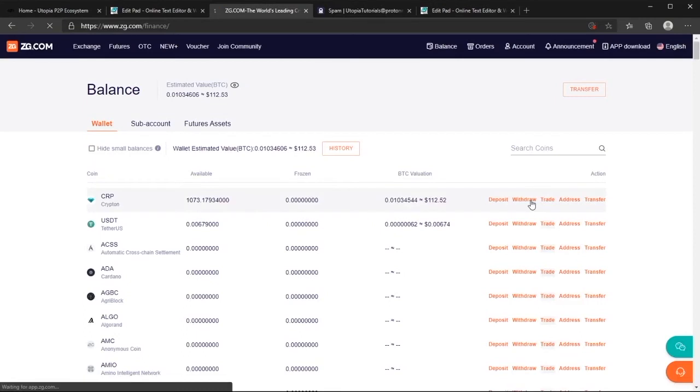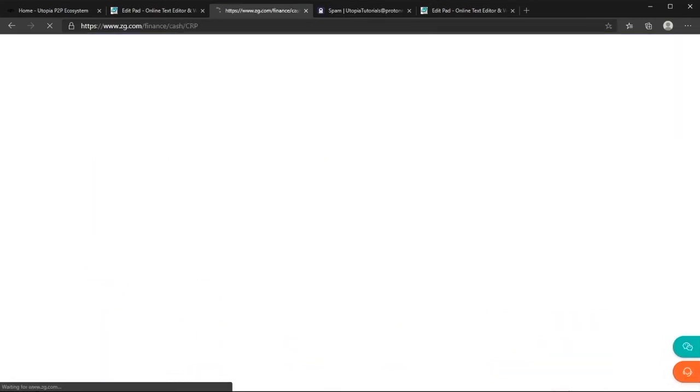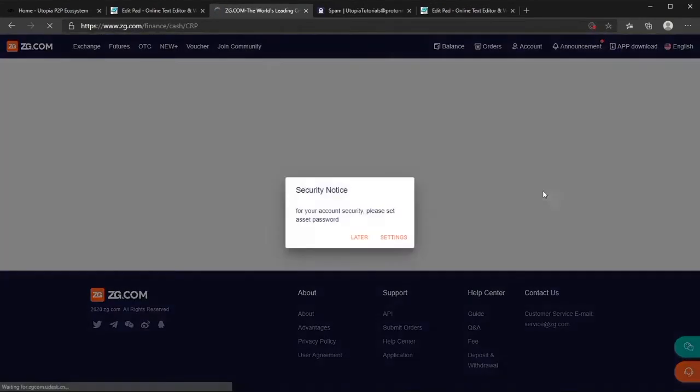If you have not yet set your asset password or your two-factor authentication, attempting to withdraw your Kryptons will produce a window reminding you to do just that. We will now demonstrate setting these two security parameters.